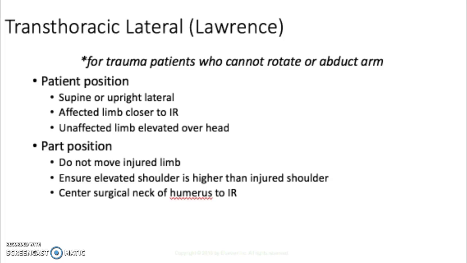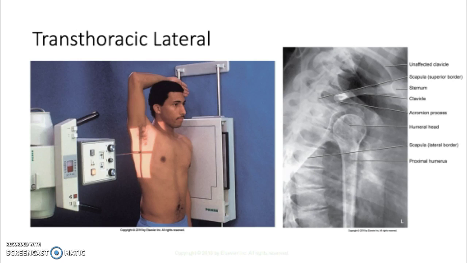The transthoracic lateral view is typically for trauma patients who can't rotate or abduct their arm. So usually they're going to be standing, or you might be doing them laying down, and it might be cross table lateral with them laying down. So you have to be really careful, of course, with your trauma patients. Use the breathing technique. Look how beautiful this came out. Blurred the ribs out, and they can see pretty good detail on the head of the humerus and the glenoid fossa. These are really great pictures to list your anatomy and what you're seeing from the side. So we will be looking at that if you happen to get a transthoracic shoulder.